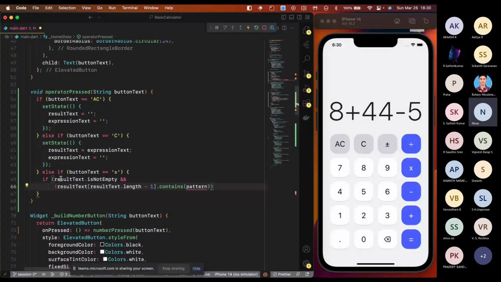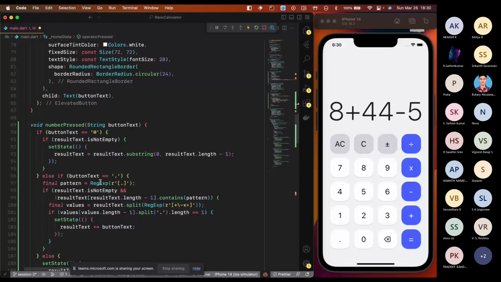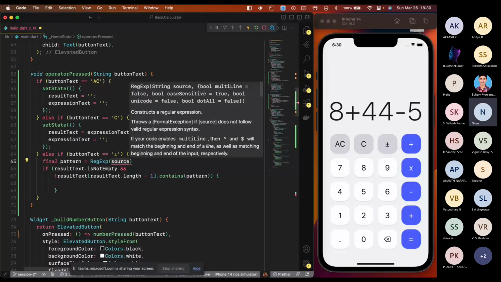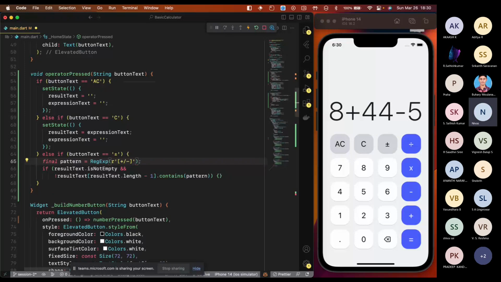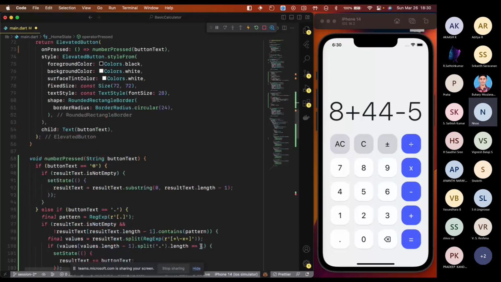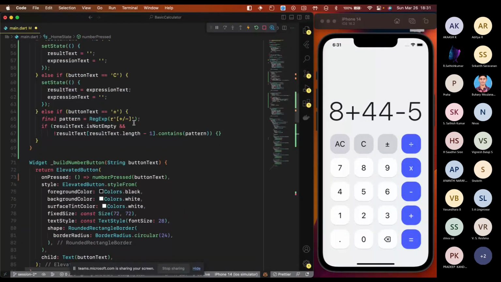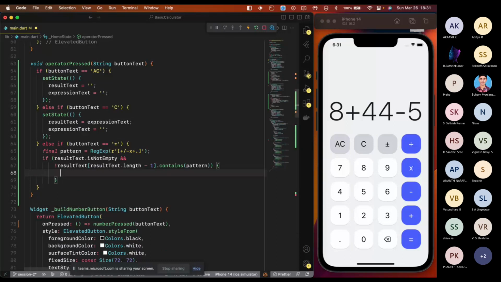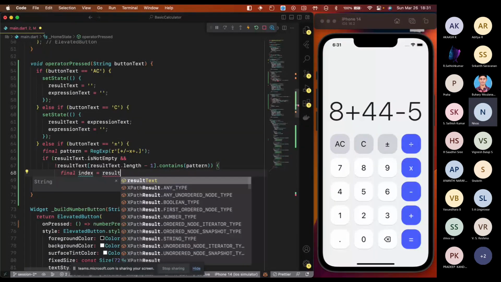When it doesn't end with the operator, we are going to do another check where we are going to do something like this. We are just going to get the last index